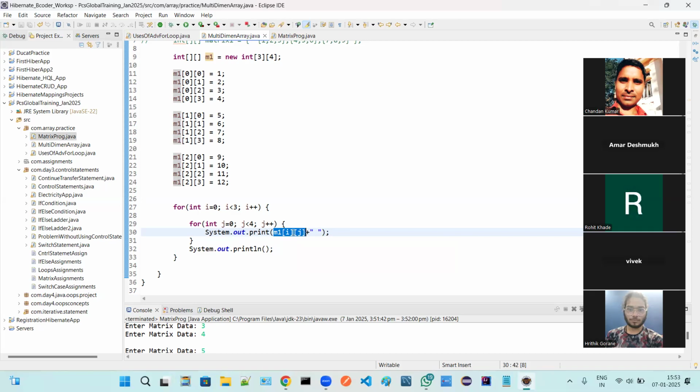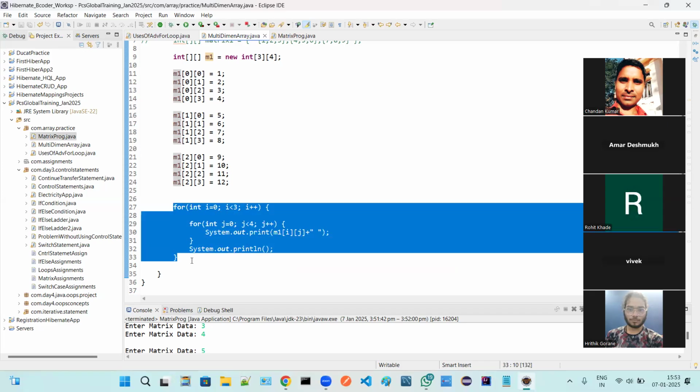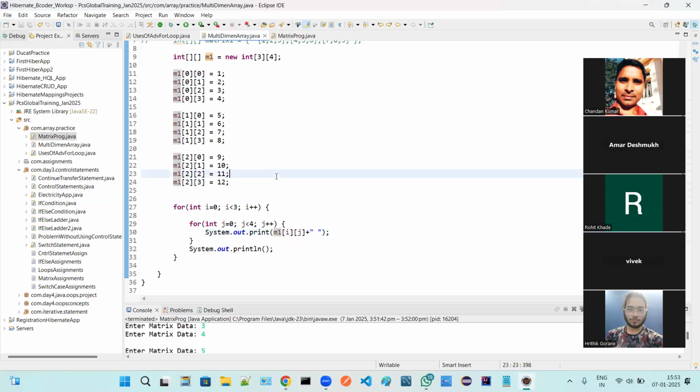This way, whatever operation we have performed over a single dimension array, we can perform it over a multi-dimensional array also. Meaning, what assignment can we have? We can have an assignment like: declare a two-dimensional array of order 3 by 3, and find out the total number of and display what?